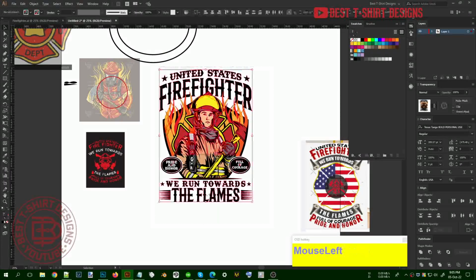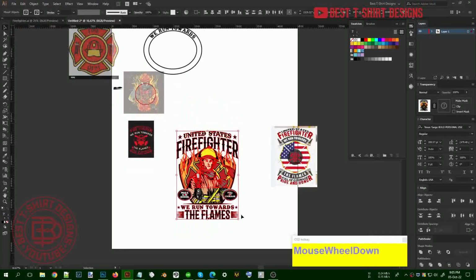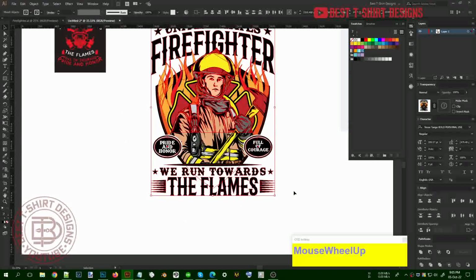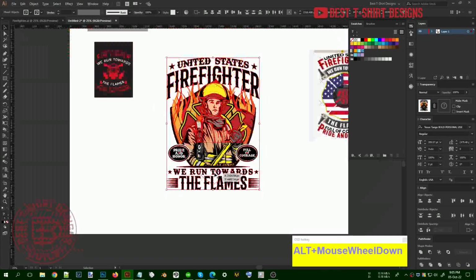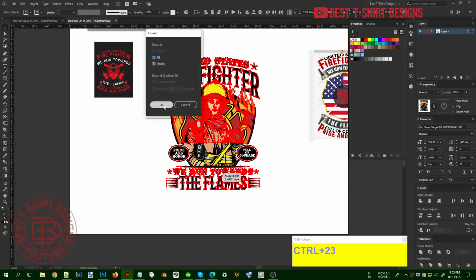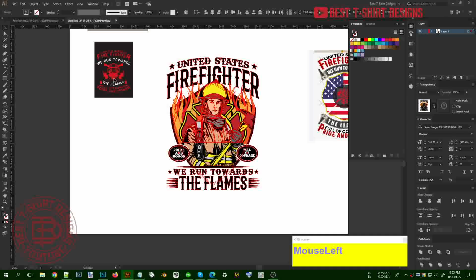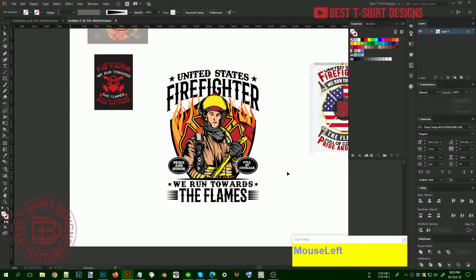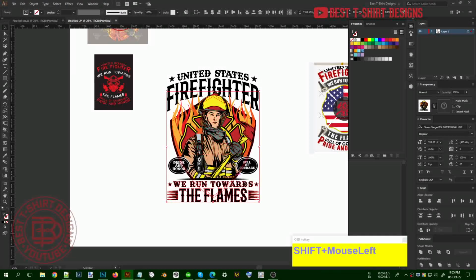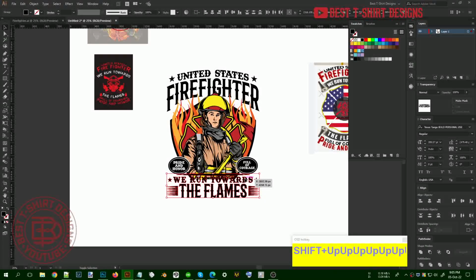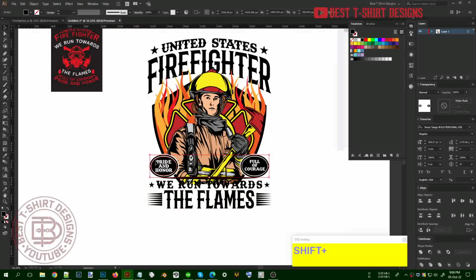I am just going to change the colors. So let's expand everything. I'm using a shortcut, but you can go to Object and expand everything from there. That is good. If I feel like this design is a bit long, I can simply fix that. For fixing that, I just need to bring this a little bit up here. That will make it a little bit